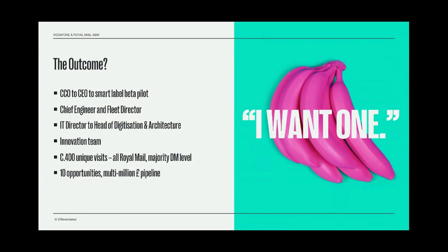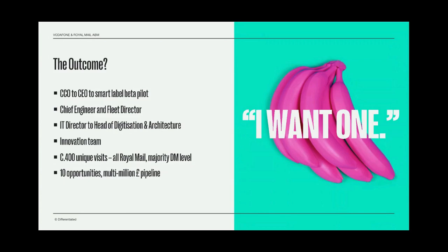So we have this huge growth in relationships. It significantly impacted the reputation that they had, particularly at a time of significant change within Royal Mail, and actually generated significant tangible monetary return for them as well. The overall outcome of that was, for us, obviously very successful. So we continue to work with Vodafone, delivering similar strategies into organisations like Royal Mail. We did, in fact, help Vodafone provide content for Royal Mail because they asked for it, because they saw that approach and thought this could work really well for us internally. And it was this piece of work that won us an award for best use of ABM